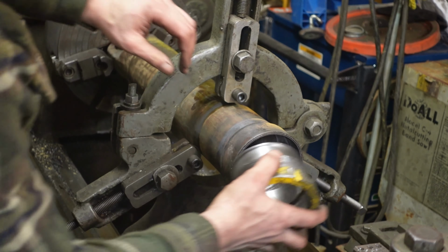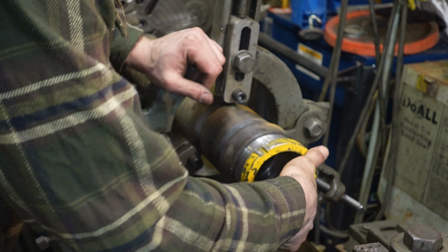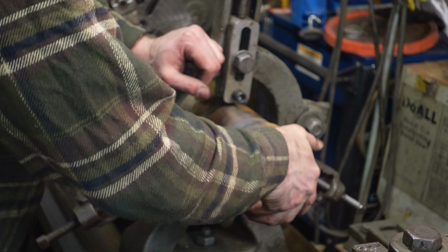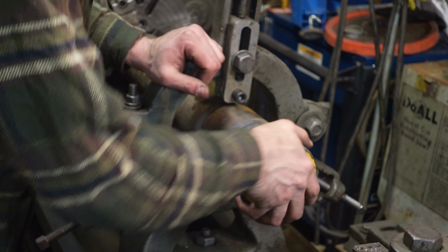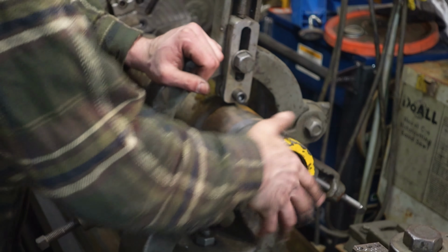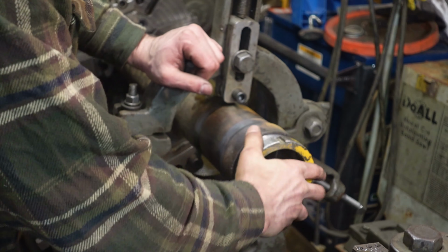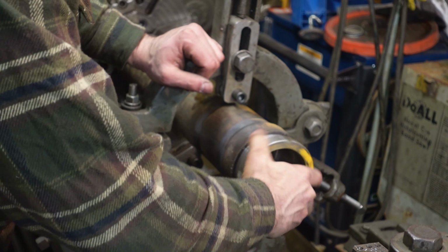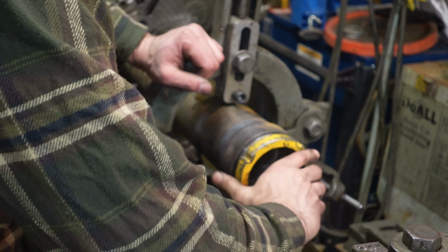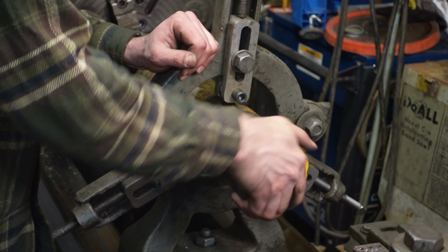Test fit our gland. That's threading in there nicely. Not binding. Well,